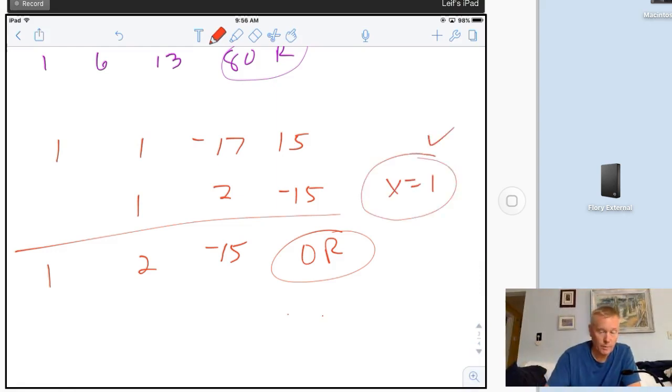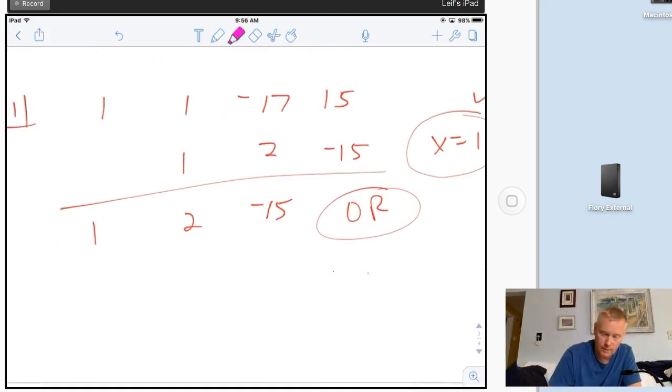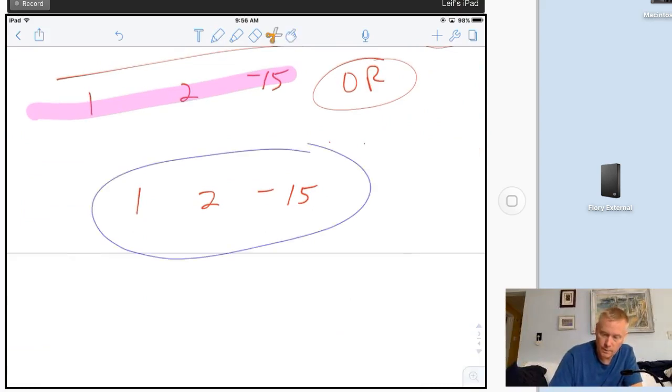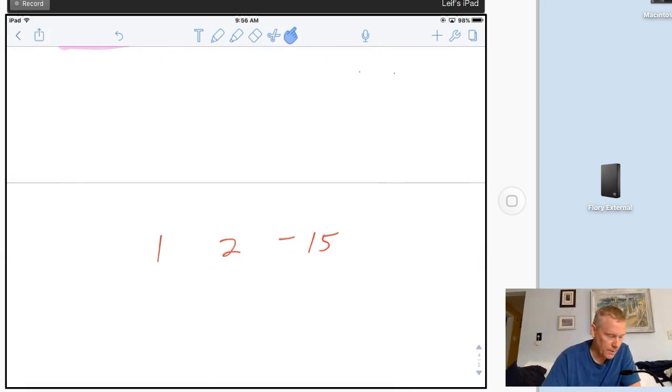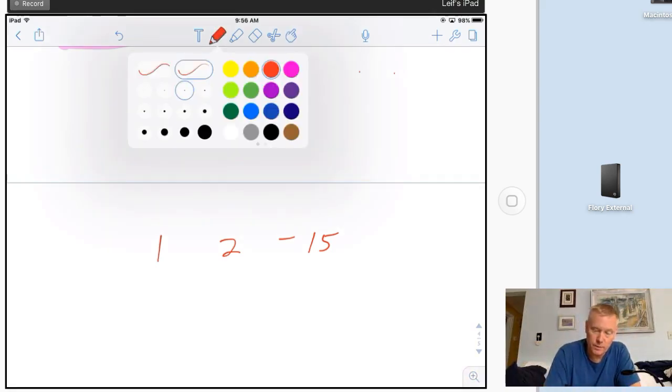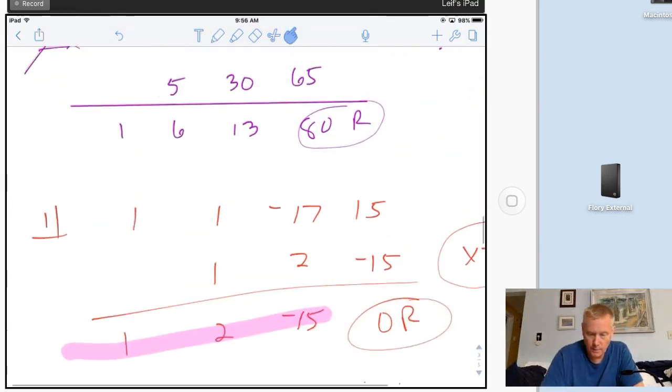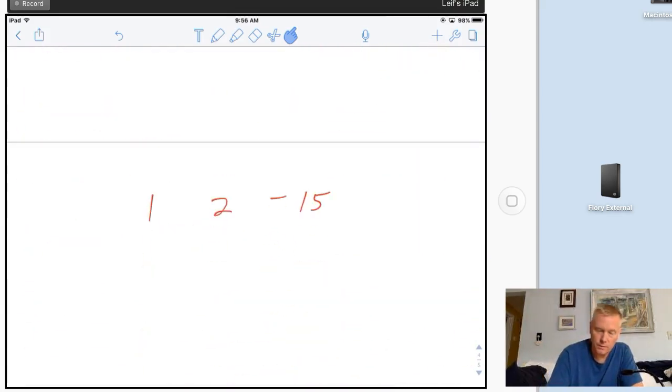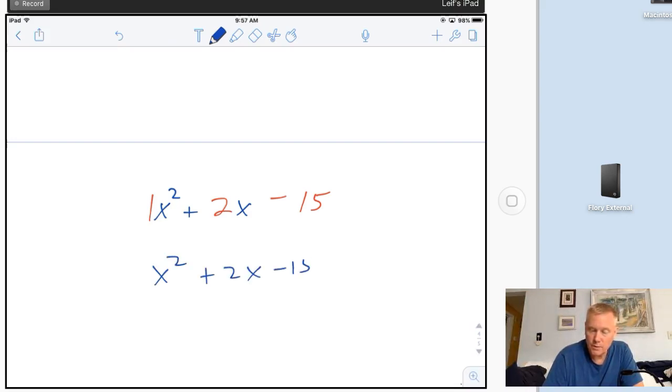That's a good one. Now, remember, don't go back to the original. Work with what's left here. Take this and use that as the next thing you're dividing into. 1, 2, -15. And I'm going to divide by the next thing. So we said 1 looked good. Well, this one's actually beautiful because, remember, if I started out up here with an x to the third, which means if I subtract 1 from the exponent, the highest one there will be x squared. This one will be x, and this will be a regular number. That is easy peasy to factor and solve